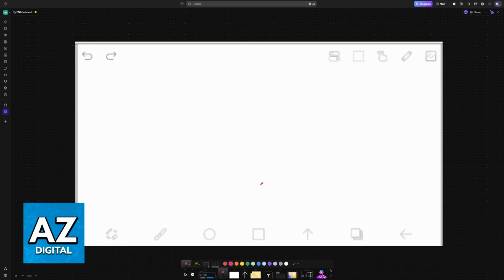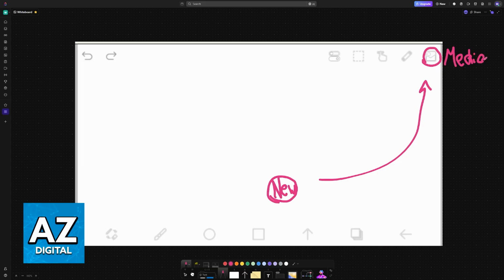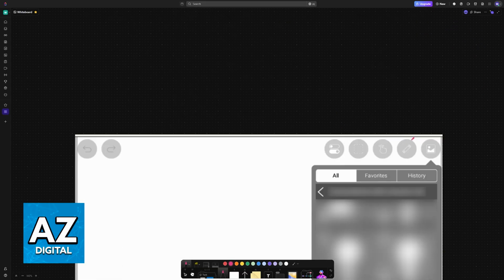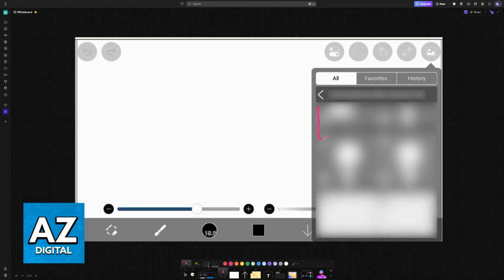Once you open Ibis Paint X, you can create a new template. Once you have a blank canvas like this, first, if you would like to load up a reference picture, open the media by tapping on this icon at the top right corner of the screen. Inside of the media, you will see all of your pictures. You will see folders like screenshots, downloads, and so on, and you can open a specific screenshot that you took of your gacha character. Once you load it in, you can set it off to the side to use this